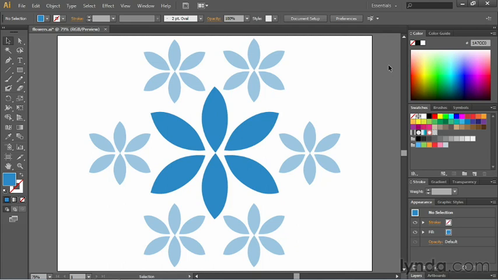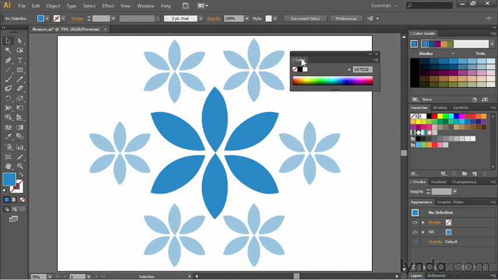So the first panel that I'm going to ignore is the color panel. Now, the color panel is quite useful for this hex code value right here, but I can also do that in other places. So I'm just going to go ahead and I'm going to bring that out and I'll close